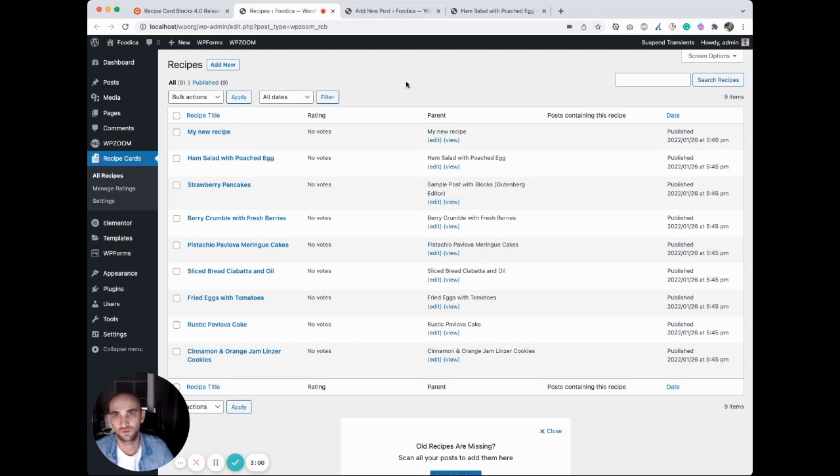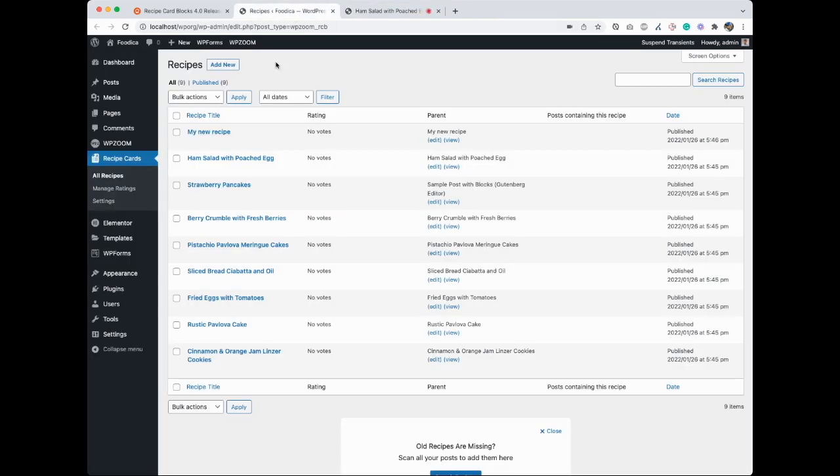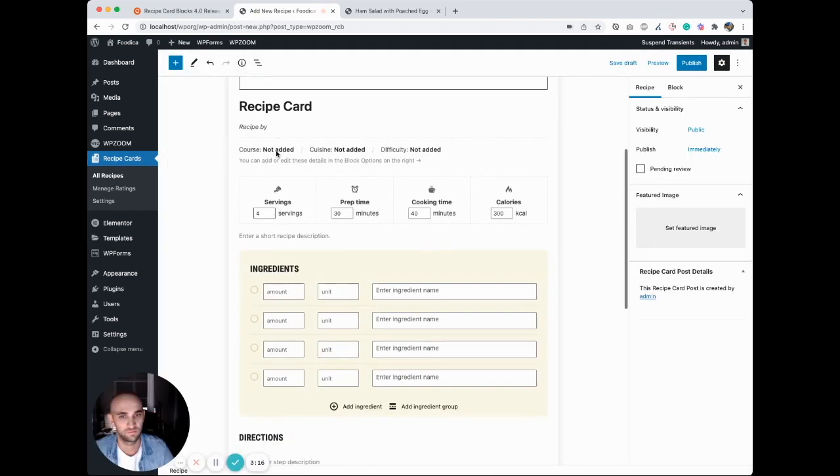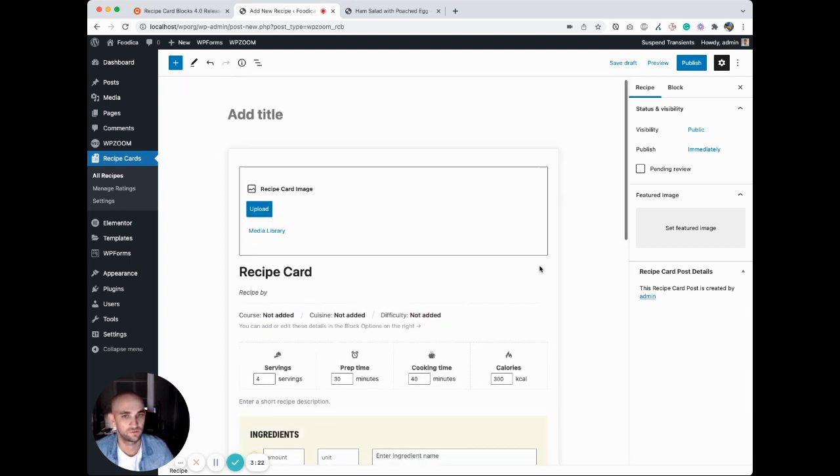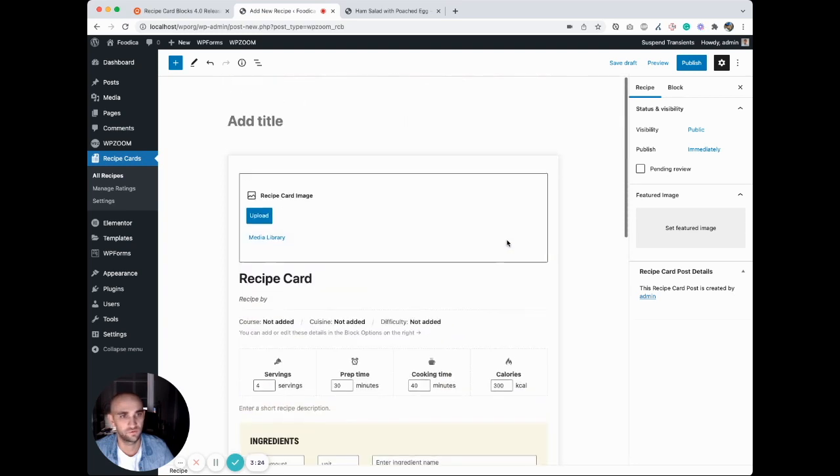Also, there's another option to create recipes. So let's say you want first to create just the recipe block and later insert it in a page or a post. So now you can click on this button here, add new, and it will create a recipe. As you can see, I already have a recipe card block here inserted. So all I have to do is to fill all the details, add your images,